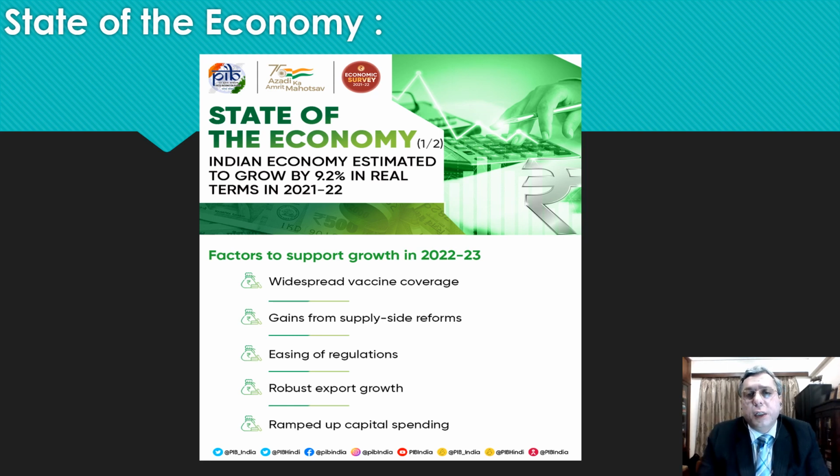Widespread vaccine coverage. As of today, nearly 167 crore vaccine shots have been given in India. We'll talk about that a little later. But it's a huge coverage, one of the largest in the world. And now it's being rolled out to the youth as well, the under 18s. And we are expecting that even younger segments of the population will get that. Booster shots are being given to frontline workers and to senior citizens with comorbidities. So the third vaccination shots are also on.